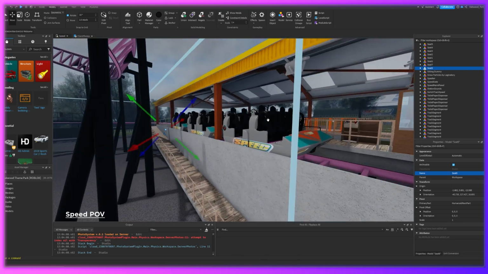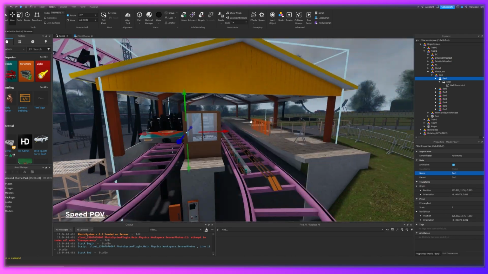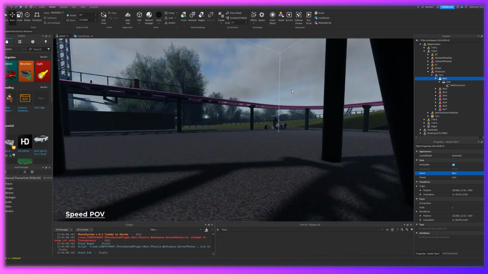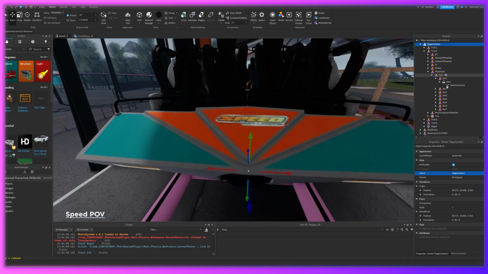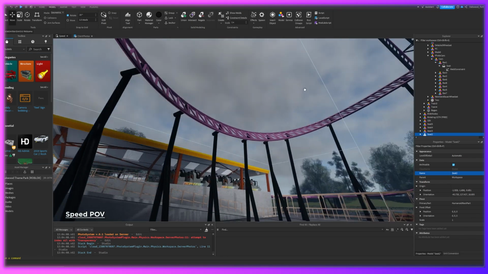Then after that, I came over to the car over here. What I did, I grabbed my seat model, well, every seat in the car from its parent, and then modeled that seat, which would be called bar 1, which actually links to seat 1, so it gets the right player in the seat. Okay, since that's bar 1, this would be seat 1. Then you get bar 2, which is seat 2,